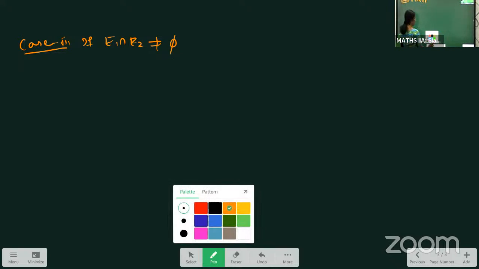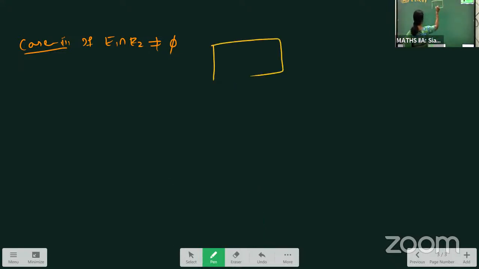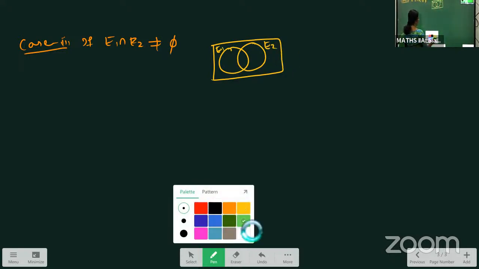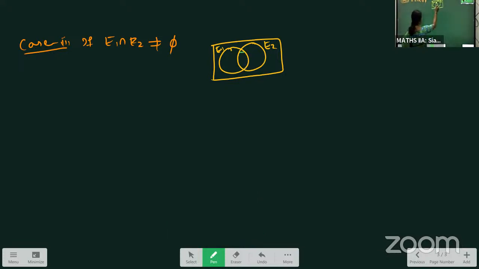So if you take the diagram, this is E1 and this is E2. Name it E1 and E2. If you observe, there is a common area between E1 and E2. So this green part is E1 intersection E2. And another one,